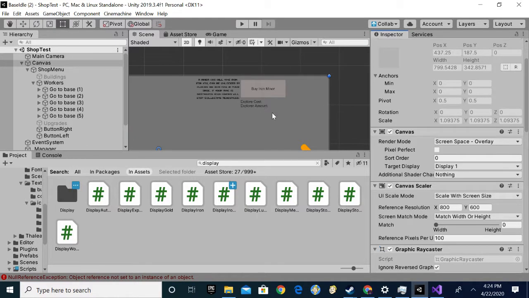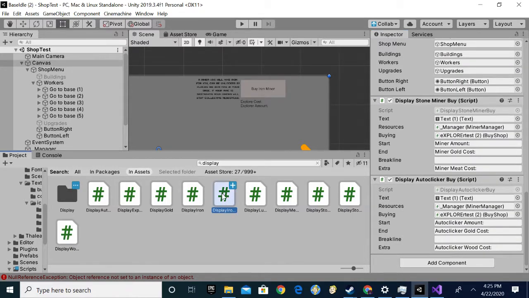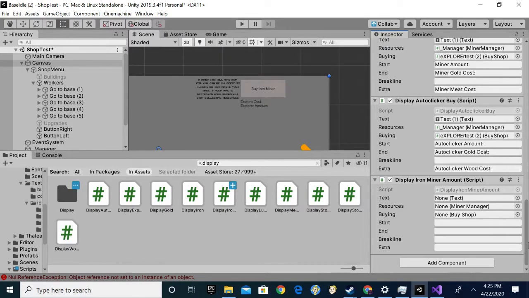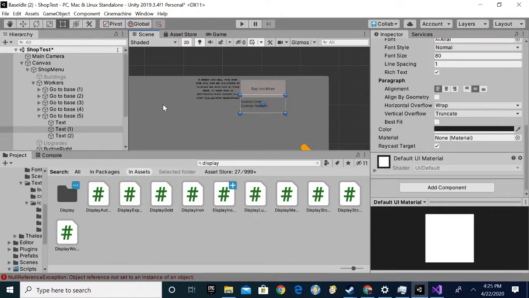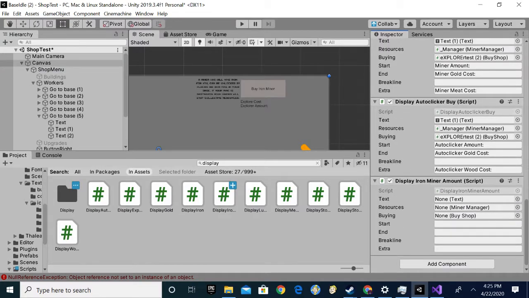Okay, now what you want to do is drag this script onto the canvas. So, whee, bop. And then you want to drag the text that you want to update into that text area. So in this case, we want to update text (1), which I have a naming problem. I don't name things well. So, text 1. Resources, which would be the miner manager,